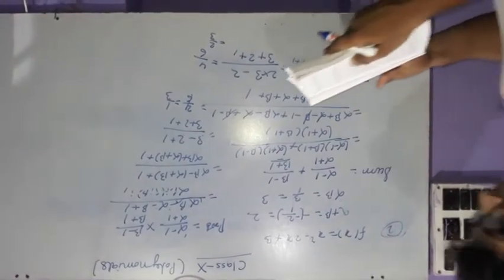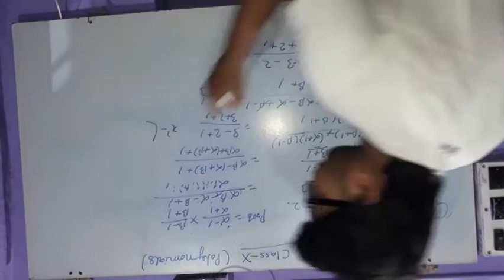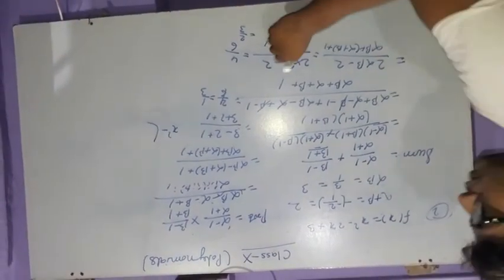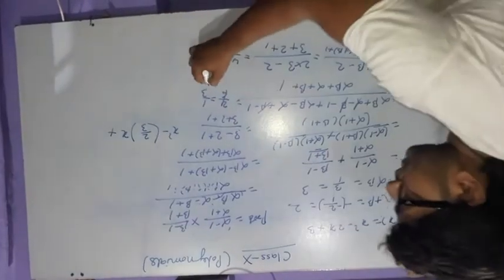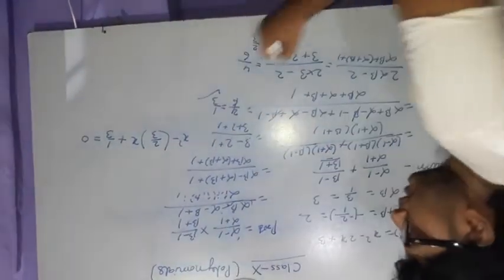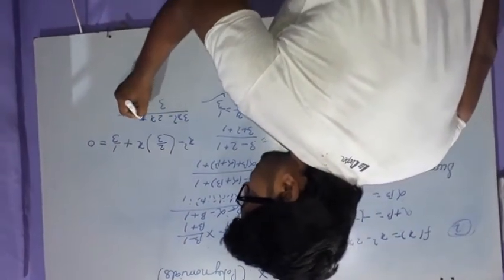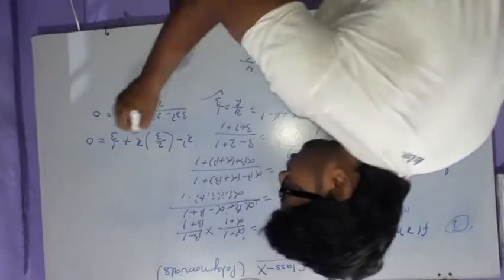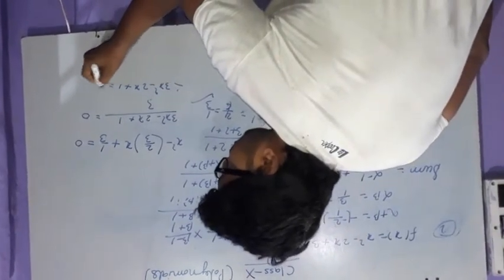Now we have to find the equation. The equation will be x square minus sum of zeros times x plus product. So the sum is 2/3, x plus the product 1/3 is equal to 0. Now you can take the LCM 3, so 3x square minus 2x plus 1 equals 0. Why 0? Because 3 into 0 is 0.